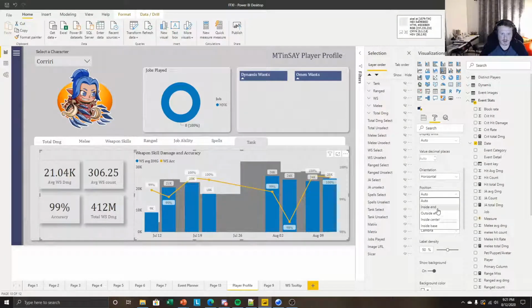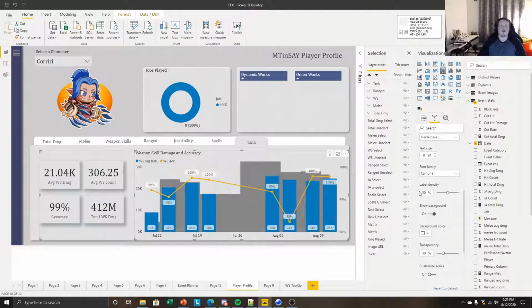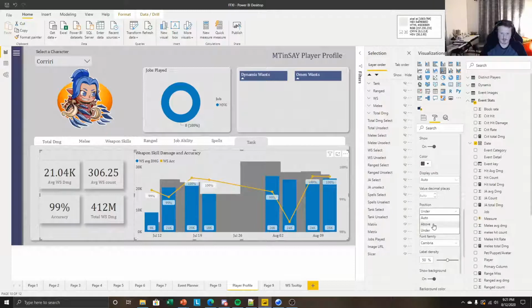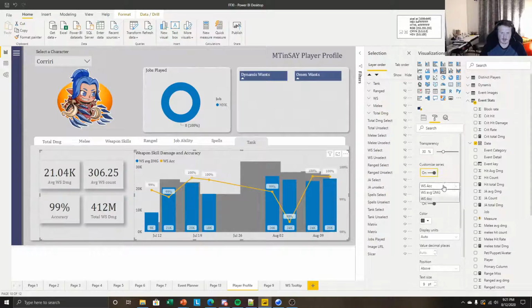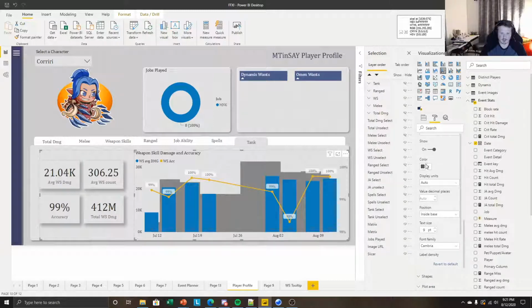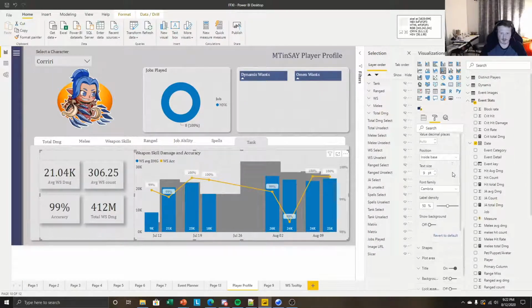Let's try inside end, or inside base, and let's see. For the accuracy, I'm gonna try above, and then I'm gonna do on damage. I'm gonna get rid of the background and do it in white, maybe. And then for my percent one, I think I'm gonna do